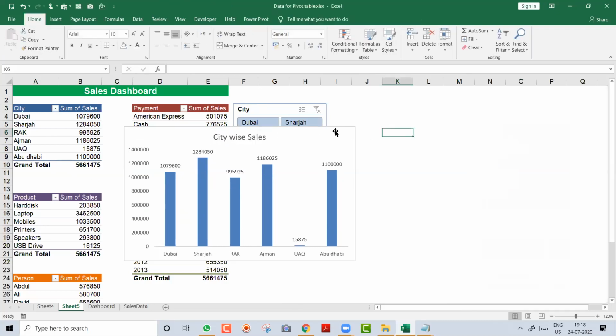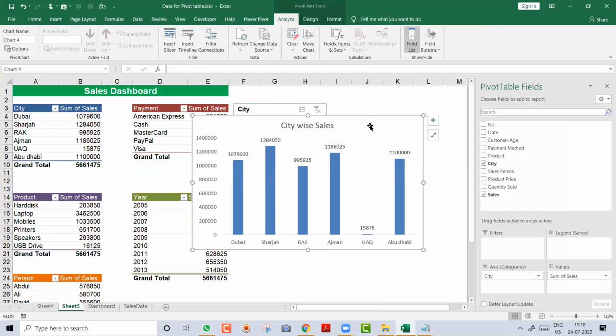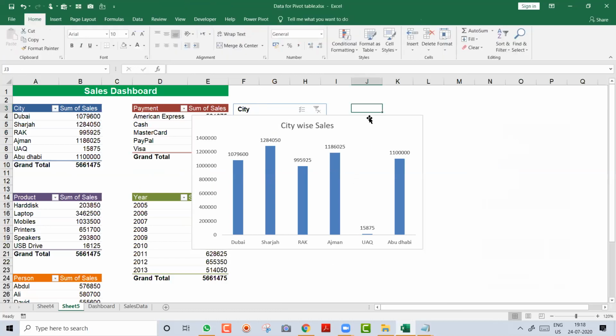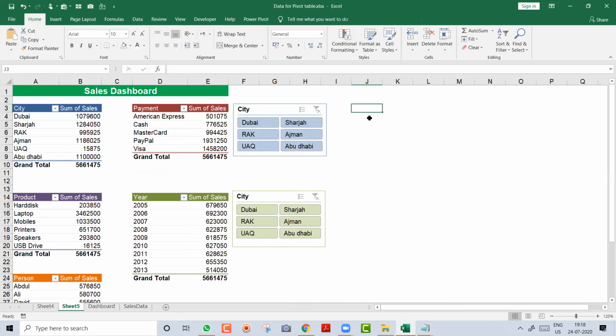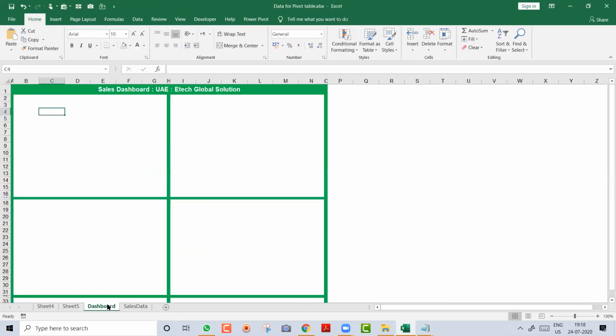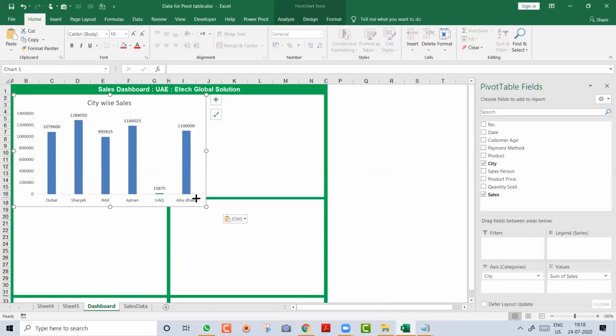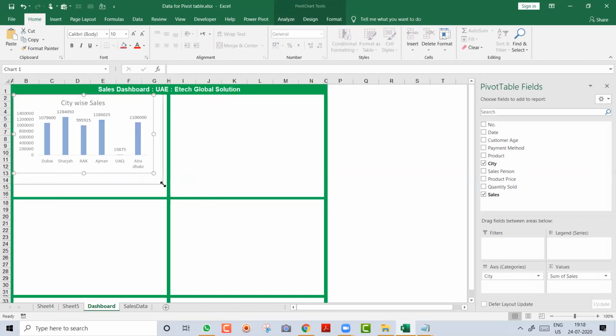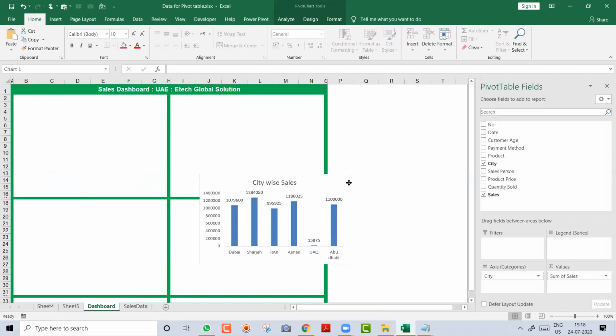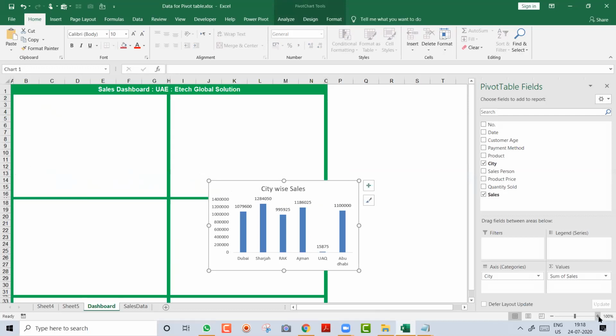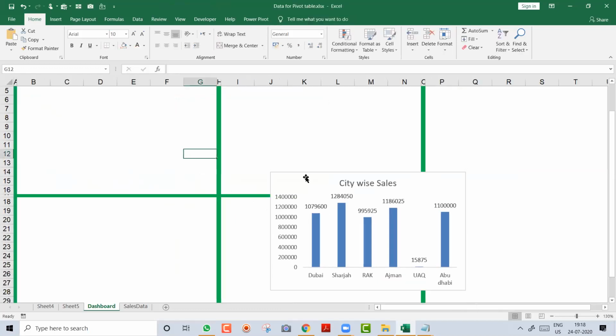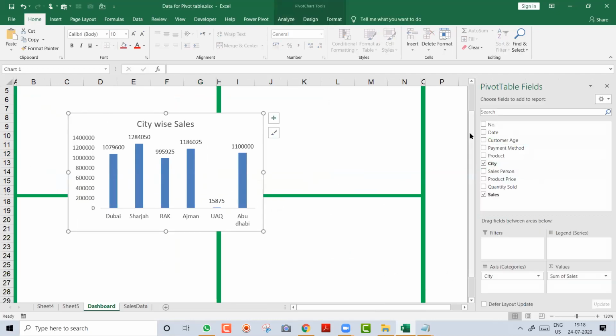Okay, done. Now where do I want this chart, friends? I want this chart in the dashboard. So you will press Control X, not copy paste. Control X means I select it and it will cut from here. You know this. And you will go to the dashboard sheet, put the cursor here and say paste. And you will make this a little bit small if you want. Okay. Wow. Let me zoom it a little bit more. Okay, and let me adjust it over here nicely.